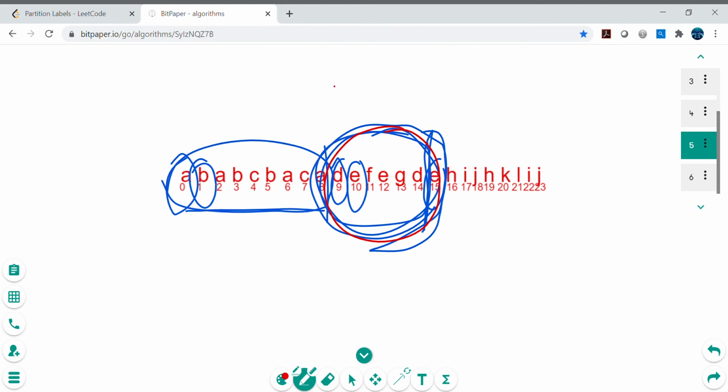Once the for loop I becomes equal to that current max, what we are doing is calculating that partition length with the help of current max minus start. Start is just another variable so that we can reinitialize it. Once we find this partition, we will reinitialize it to the next index. That is the benefit of having that other variable called start, and then we calculate the partition size, and then we are done.